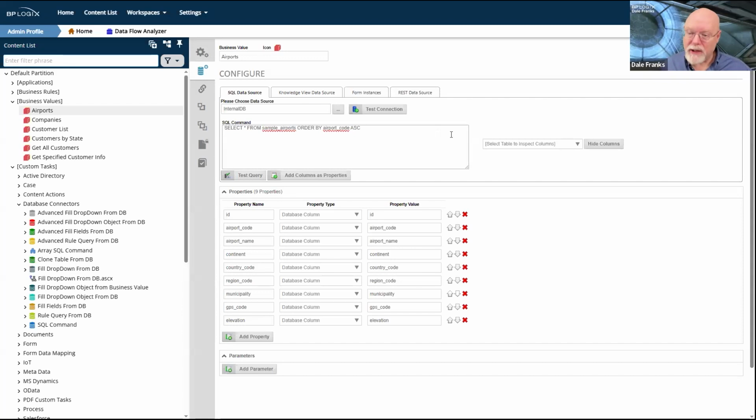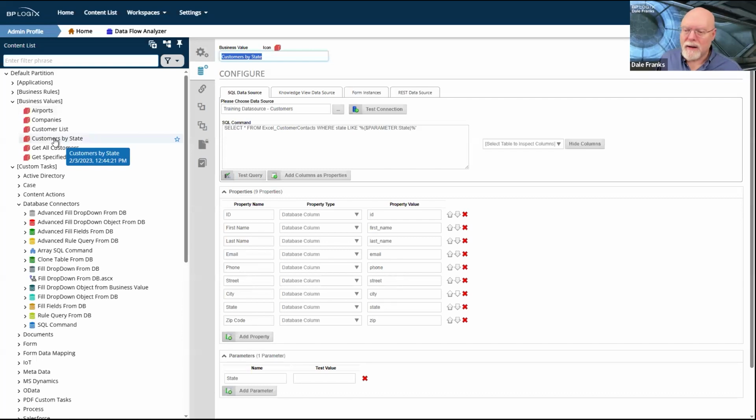Now, obviously, if in your SQL command you have some sort of parameterized query and you have a parameter, here's one where I have a parameter. In this case, I've got a system variable, but that system variable is going to be converted to text, and it's going to send that text as part of the SQL statement.